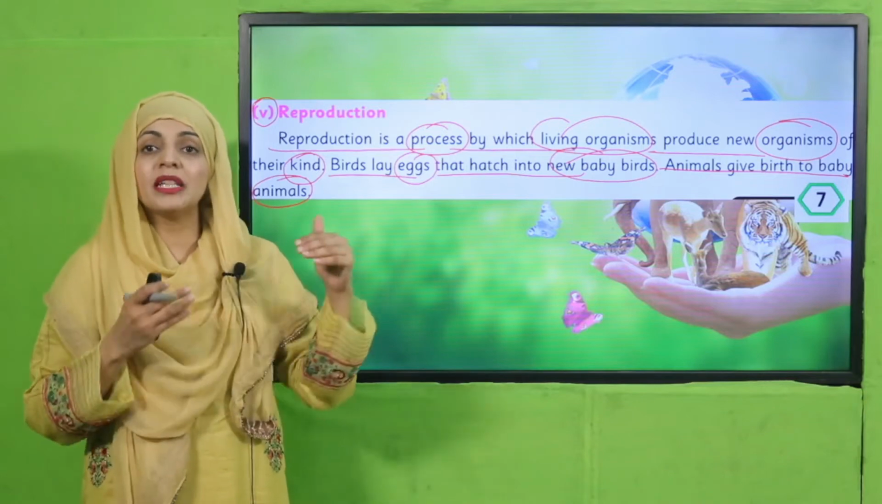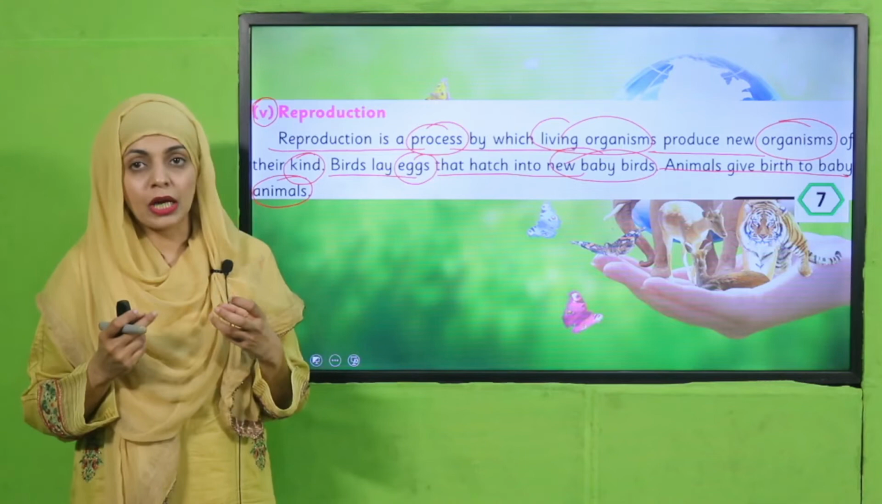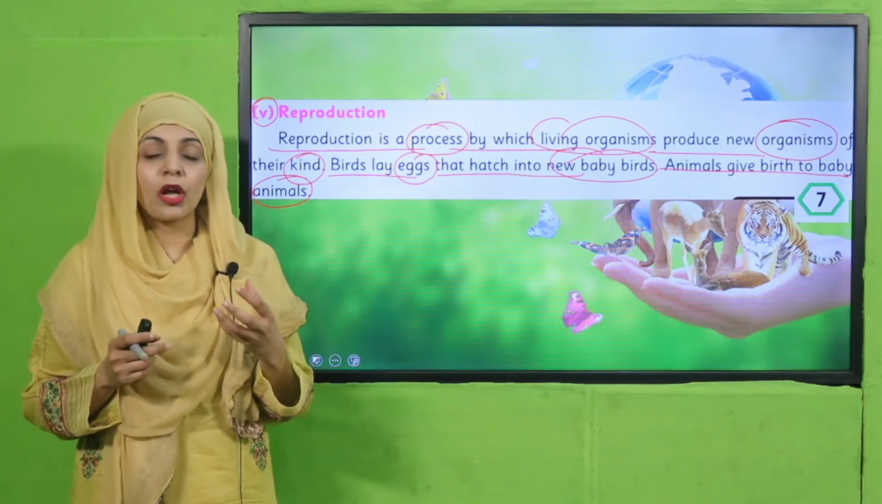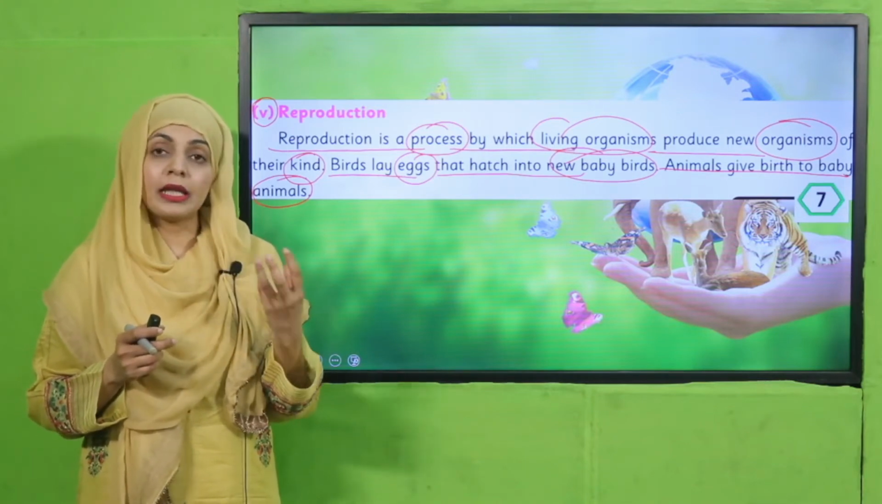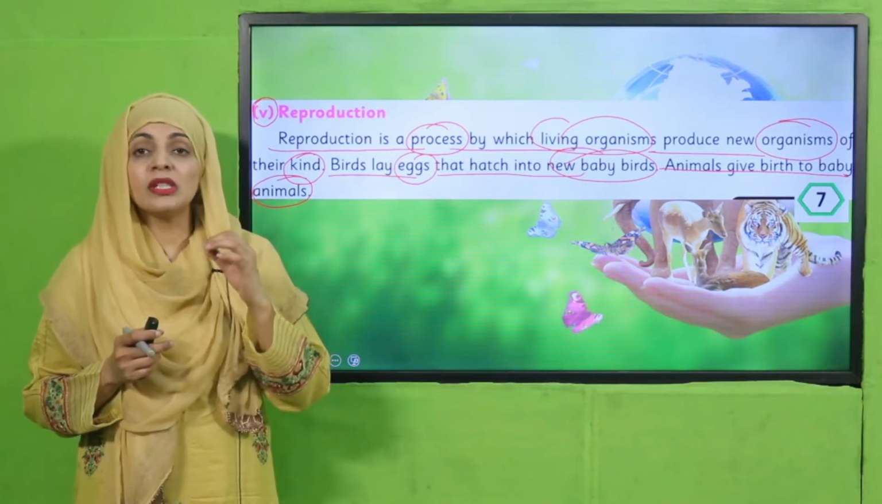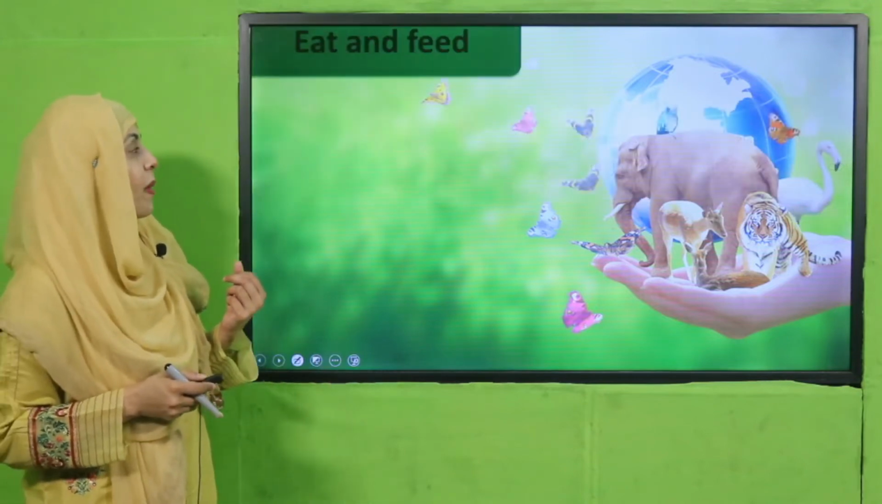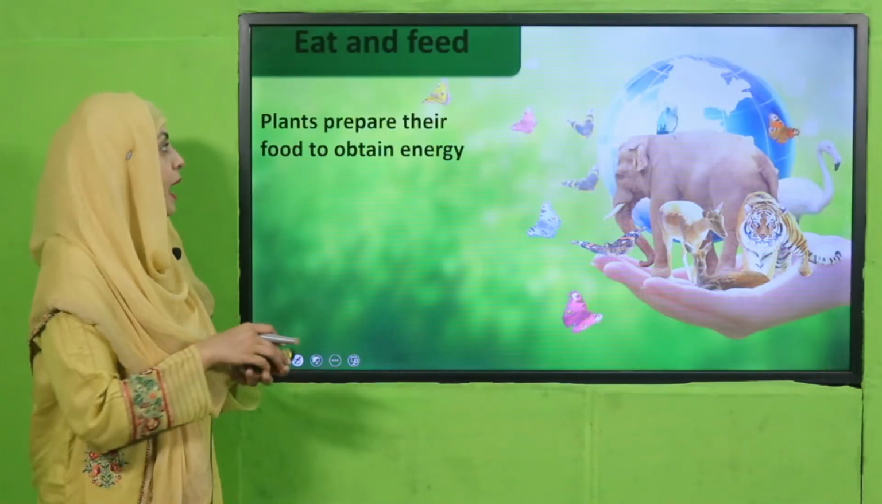स्मॉलर इन साइज और विद द टाइम दे ग्रो एंड बिकम एडल्ट। इस प्रोसेस को रिप्रोडक्शन कहा जाता है। प्लांट्स में भी रिप्रोडक्शन होती है, यानी कि दे मेक सीड्स, दे मेक फ्रूट्स जिनके अंदर सीड्स होते हैं और उन सीड्स से न्यू प्लांट्स ग्रो करते हैं। So my dear students, eating and feeding, plants prepare their